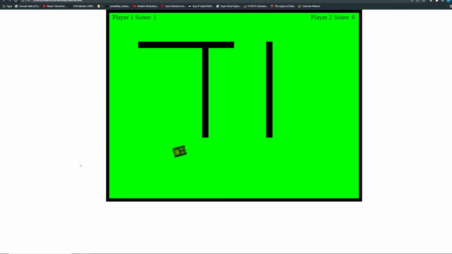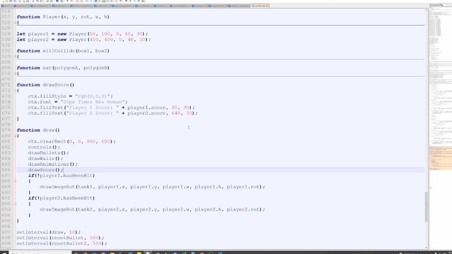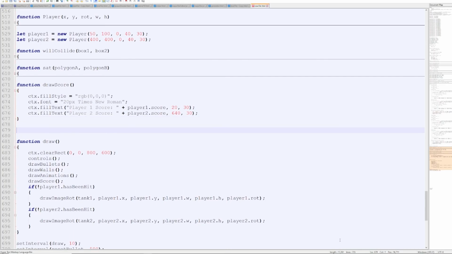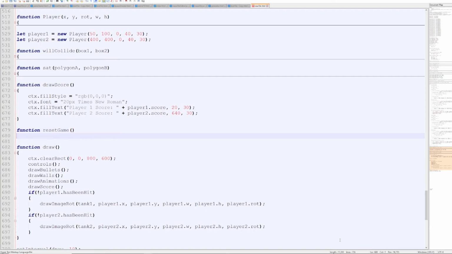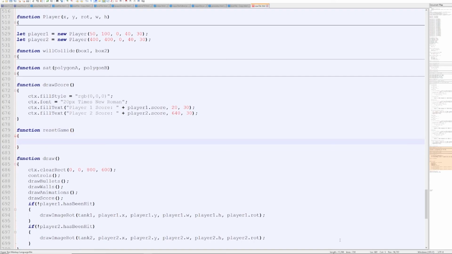Perfect. And so something else that we need to do now is create a reset game type of function. Okay. And so let's go ahead and do that real quick. So I'll just do it right here. Function resetGame. Okay, so what we want to do is reset the game if player 1, so I'm just going to go ahead and set that. So if player 1 has been hit, or player 2 has been hit,